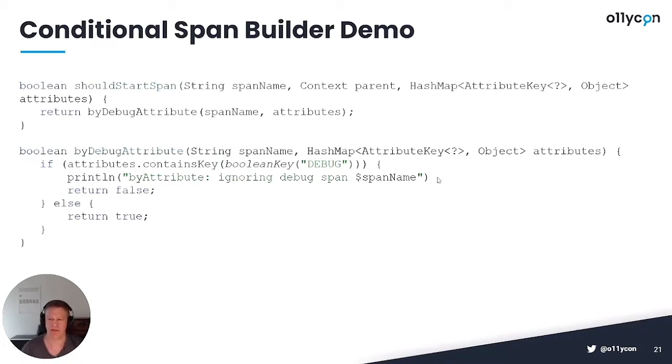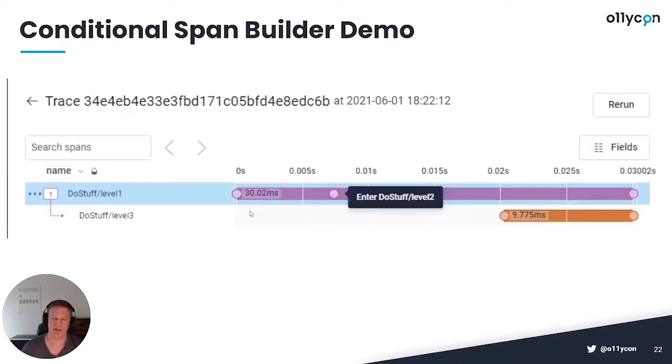And right now, I don't actually attach the attributes to the existing span. So it slightly breaks the span builder semantics, but it's easy enough to change that if you want. And then what we end up with is span level 1, and we end up with do stuff 2 and do stuff level 3. And the punchline here is that there's also 4 defined here at the end, which is very close by, so you can't really see it. But you can see that,